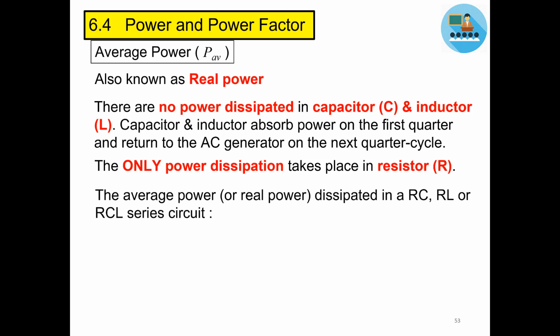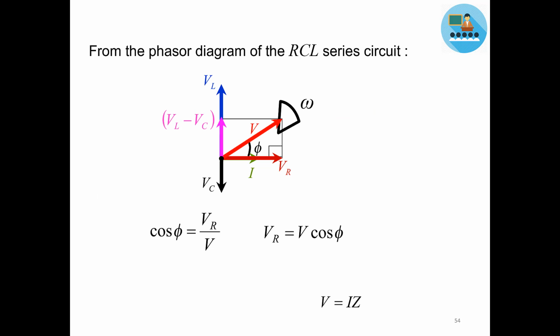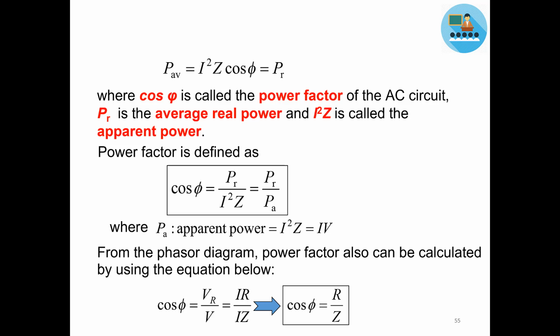The average power dissipated in the RC, RL or RCL series circuit: average power equals I V_R equals I squared R. From the phasor diagram, we can note that the average power equals I_rms V_rms cos phase angle, where V equals I Z. And from the average power, I squared Z cos phase angle equals P_R, and P_R is the average real